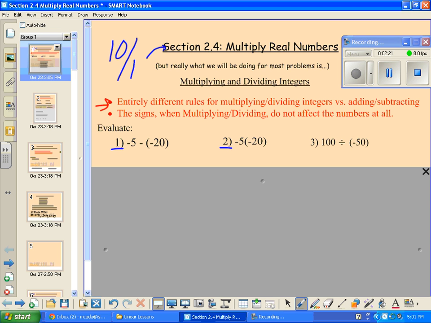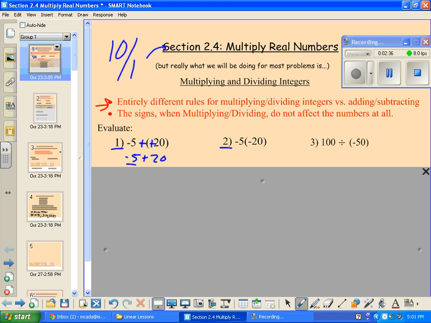First I just want us to realize that this one is a subtraction problem. This is like we did the last section. This is something I would change and turn into -5 plus 20 to find the answer. And then like we talked about with our strategies from last section, -5 is like I